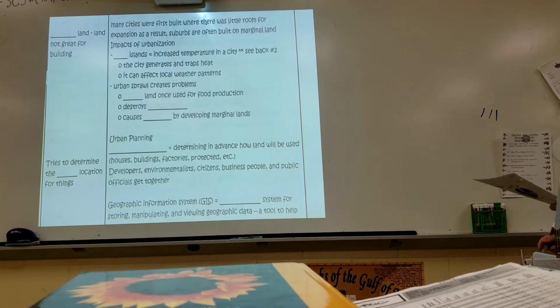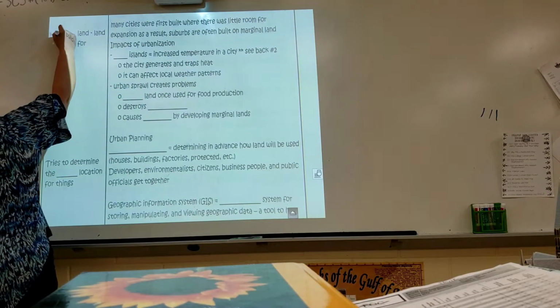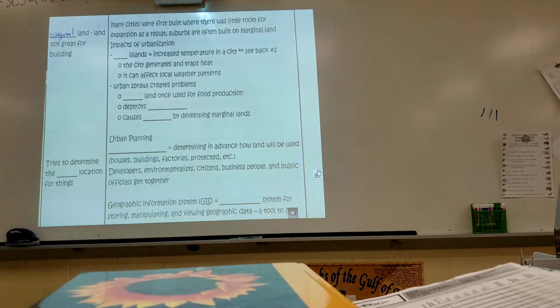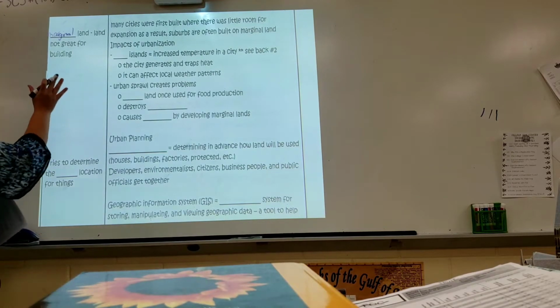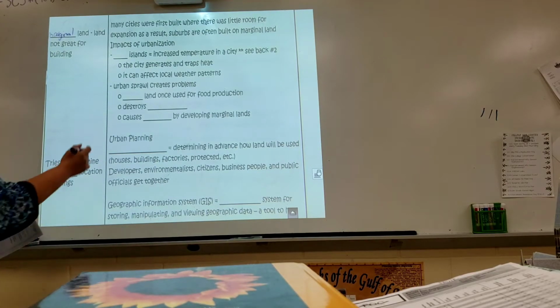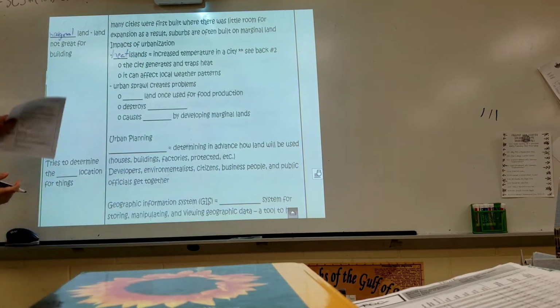Now I want to talk to you for a second about marginal land. That's land that's really not great for building. It's on the outskirts, and it's in a way helpful because you're going to be able to keep that land available for crops. And we've got heat islands, so that's something that's going to occur. For example, in cities, that's what we were talking about, where